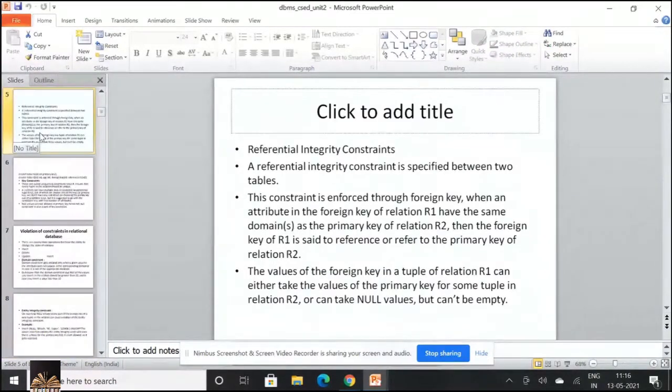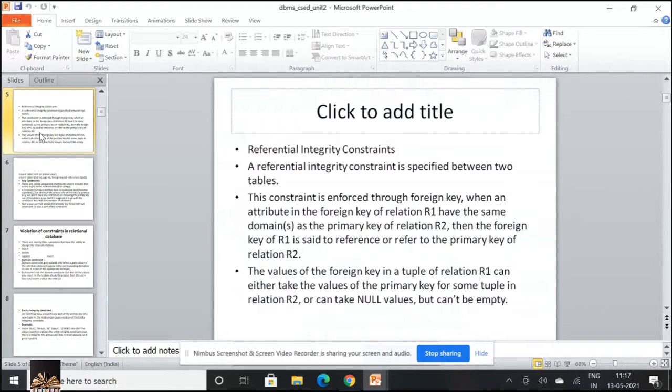Next is referential integrity constraints. A referential integrity constraint is specified between two tables, and this is done using the concept of a foreign key, wherein a foreign key references the primary key of another table.